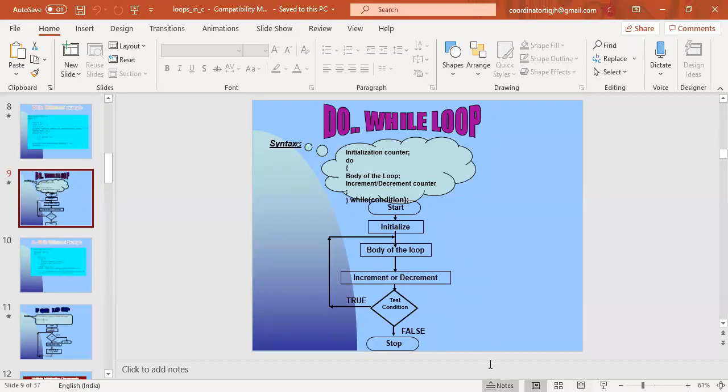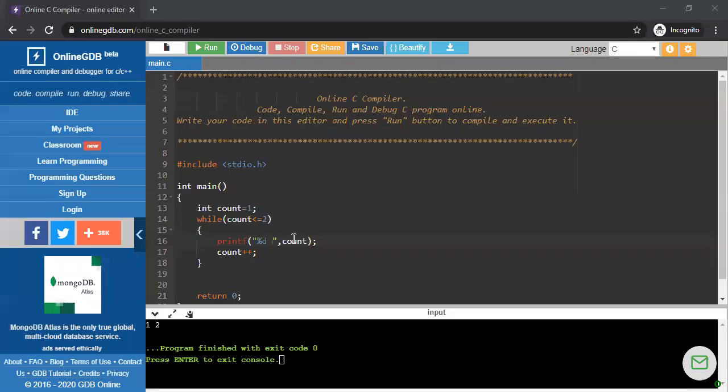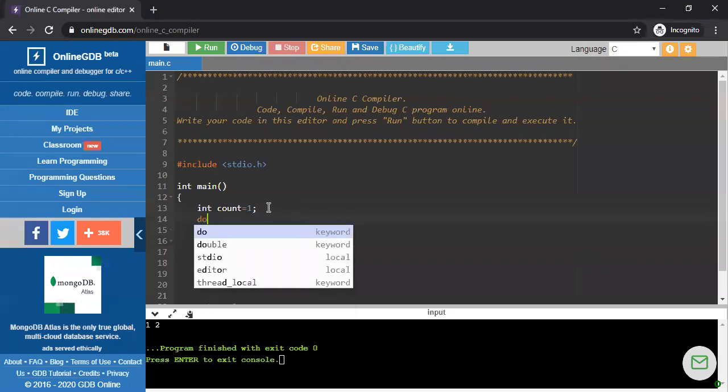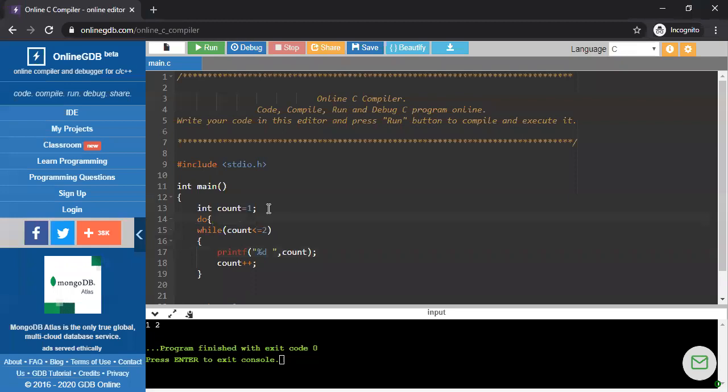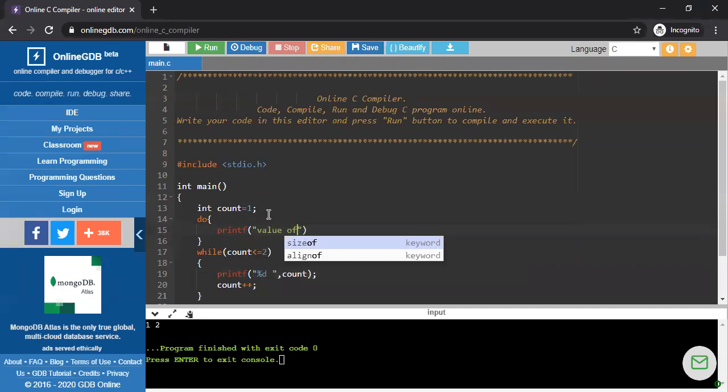Okay. Now we simply write a program using do while loop. Nothing else. Int, suppose count = 1 is there. Fine. After that, I'm writing here do. After that, second bracket open. Then we write here printf. Suppose I am writing here value of